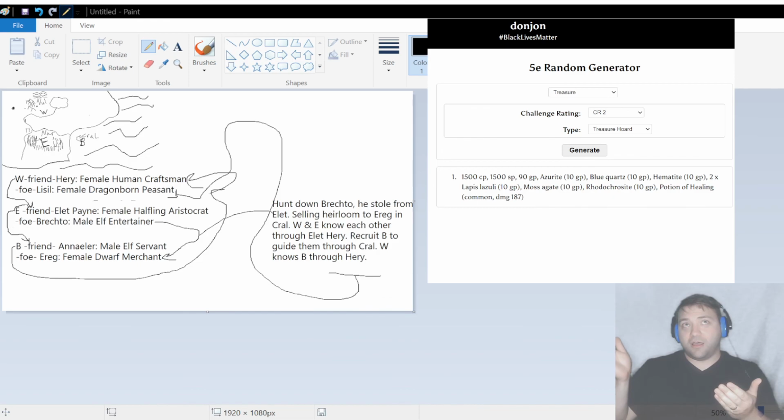Breshto is long gone, and Erig has the artifact, and now you need to do something for Erig to get it handed back over. Or if you don't want to do that more objective style, where the skill checks matter for what will happen in the plot,